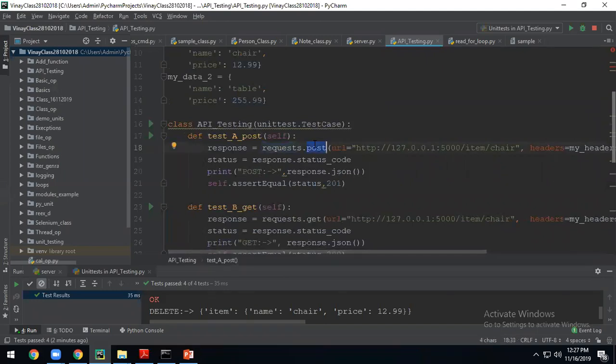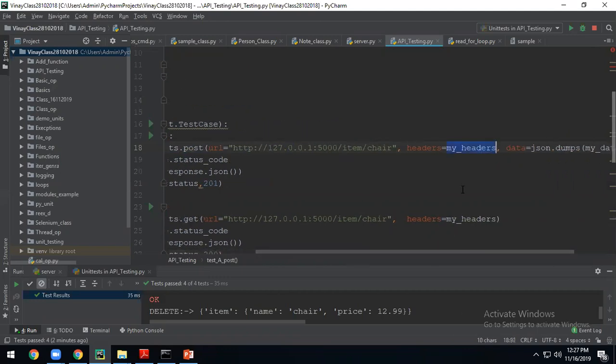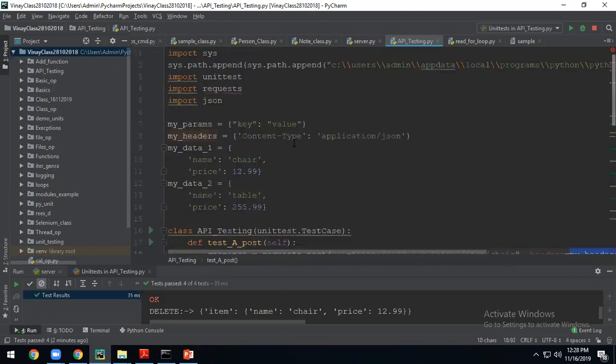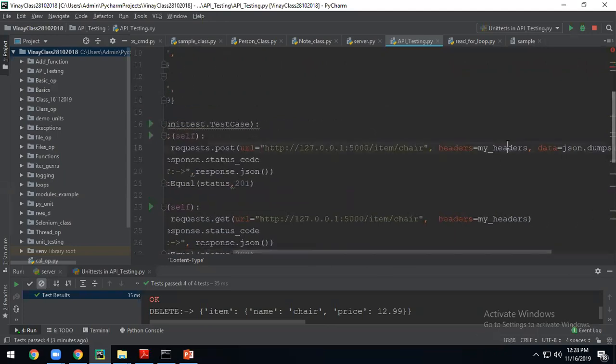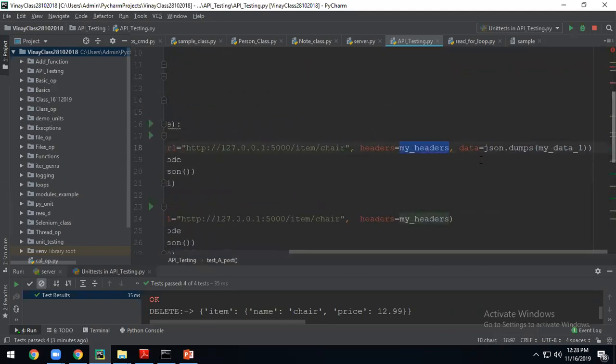Requests.post, you are trying to do a post call on this endpoint with the header as specified. The header will only have the content type. Okay, header is an application JSON type. This is standard web application related, it's HTTP based that you are trying to call. This is a header, and since you are doing a post call, you also have to pass data.